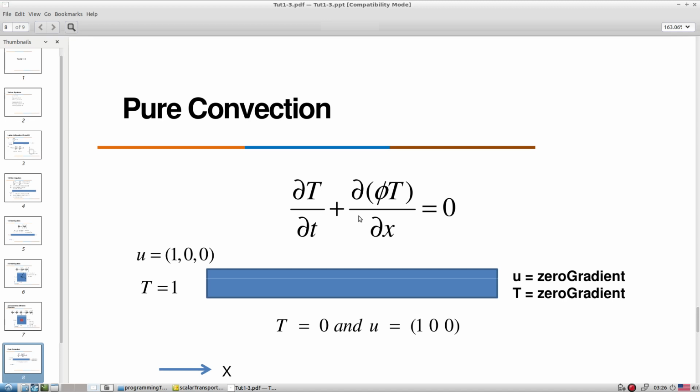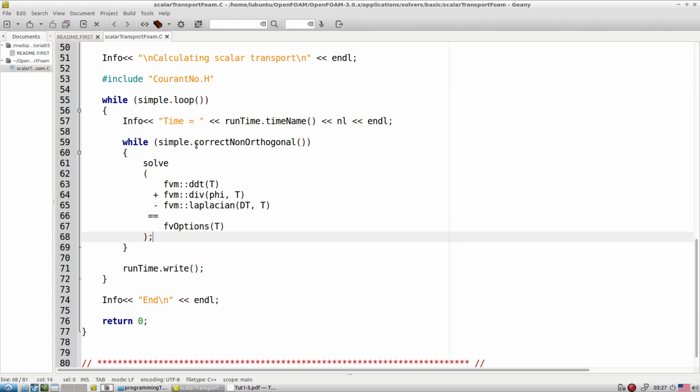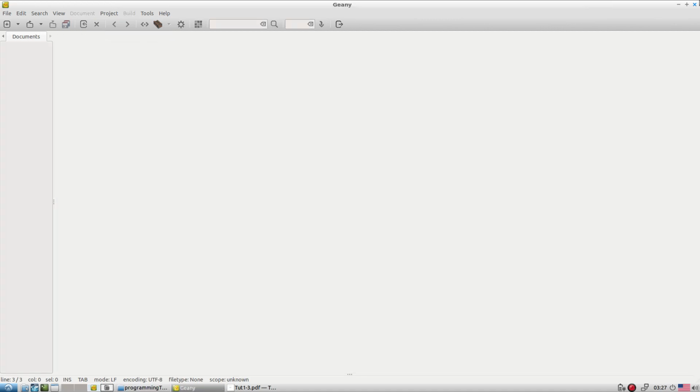So I suggest we pick up one type of passive scalar and incorporate it inside our main solver, and get an idea how this passive scalar is going to propagate inside any test case or domain with the help of the existing solver. That is the idea. So let's create a very simple test case, and then combine this scalar transport equation inside icoFoam. Let's start with a very simplified way of looking at the code development.